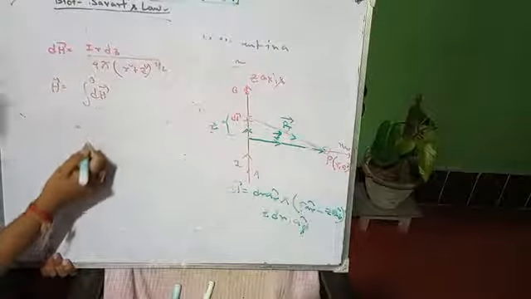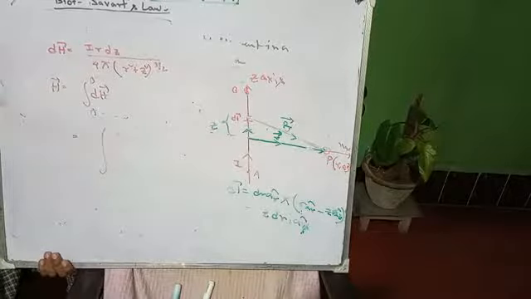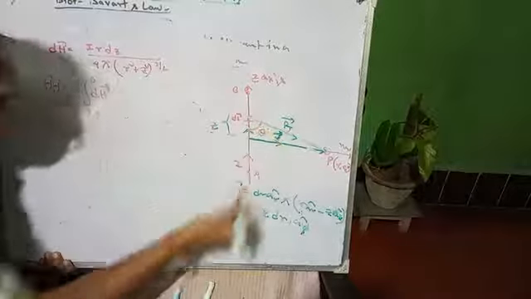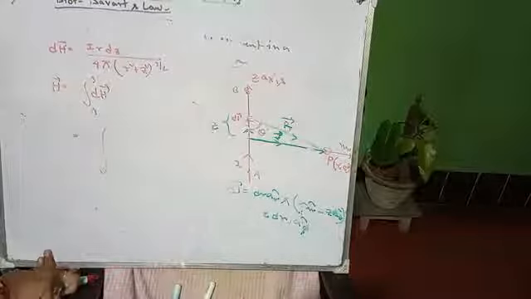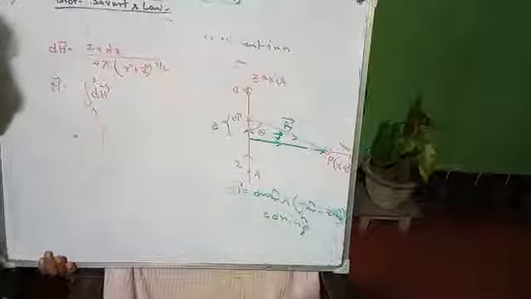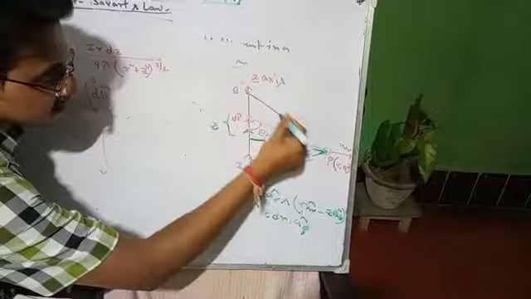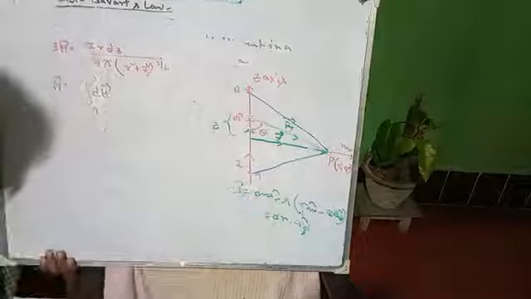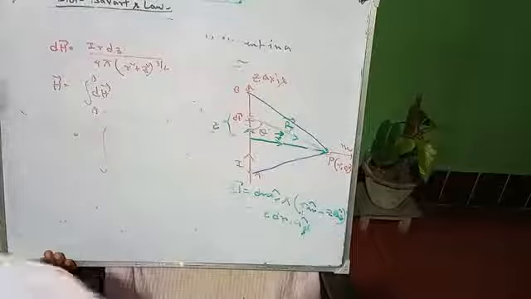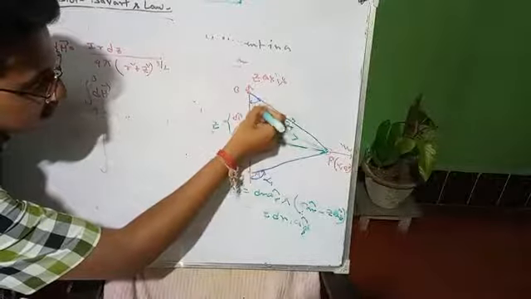Now you require to find, actually this is your angle theta. So I have to join this A to point P, and simultaneously B to the point P. First join A to P and then B to P. After joining we have two angles. This is your alpha 1 and this is your alpha 2, right?